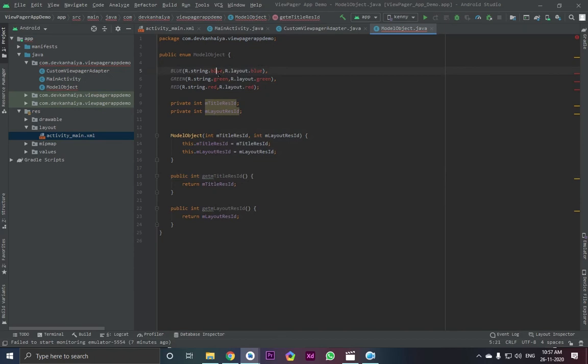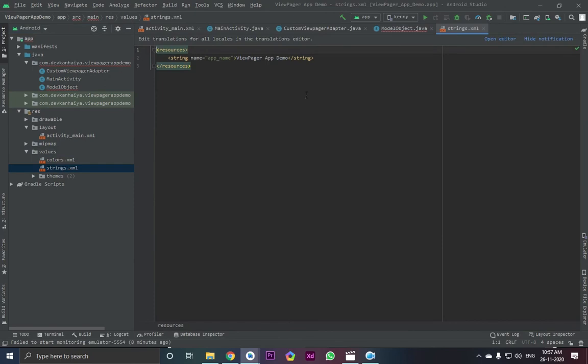Now we need to just insert this string value. Let's go to strings. How can you do it? Go to values on resources, then strings. Just click here, Ctrl plus D, so it will copy this one. So first one is our blue, then green, and in the end it's red.